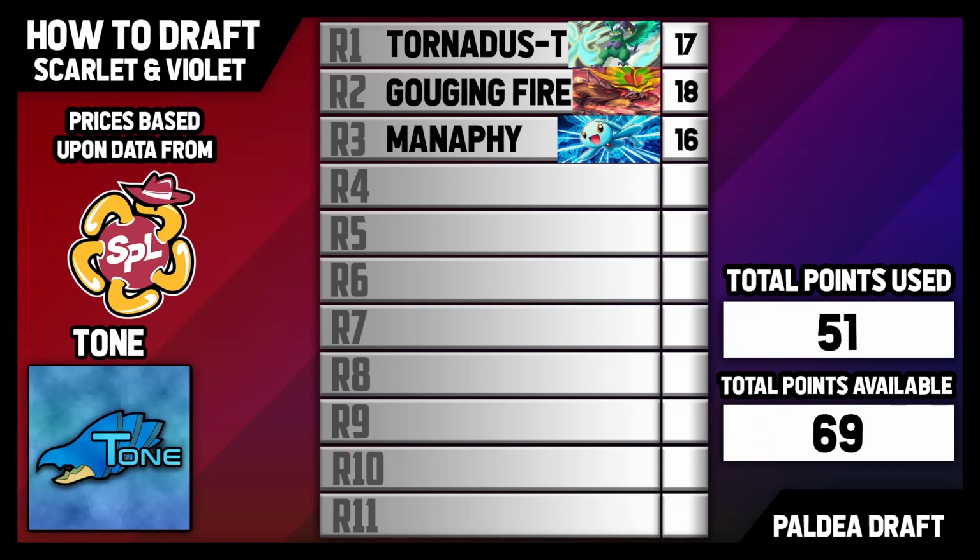So here we are, guys, with our draft with Torn-T, Gouging Fire, and Manaphy. So first off, thank you again to the SPL, Shadow King and PokemonMD for letting me use the SPL draft doc for this episode. So we're going here under the assumption Torn-T, Gouging Fire, and Manaphy are going to get drafted to us. No questions asked, no snipes. However, before I go any further,